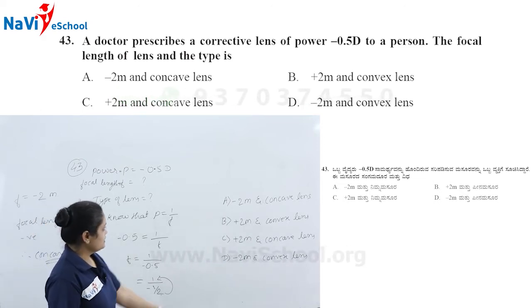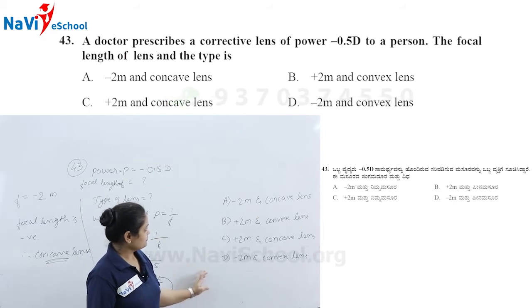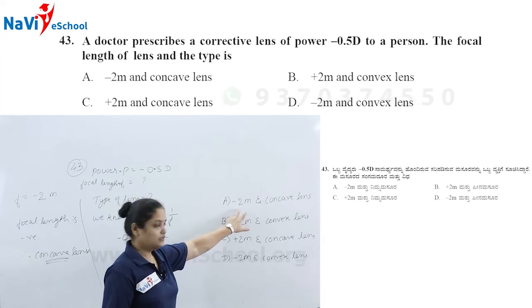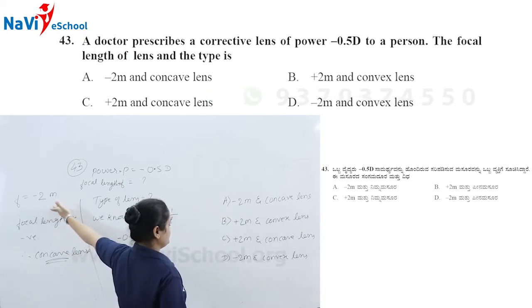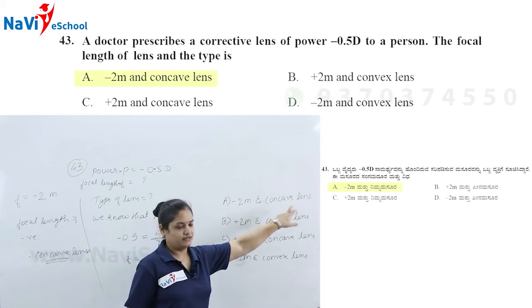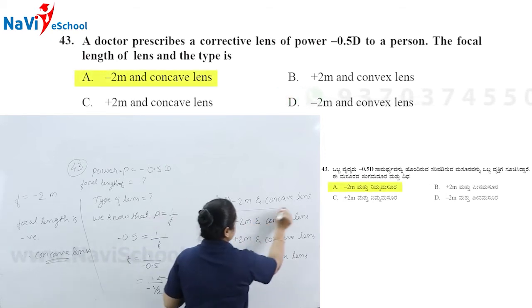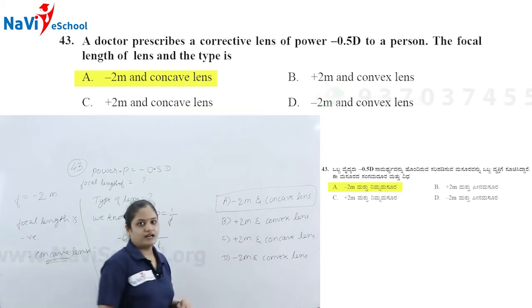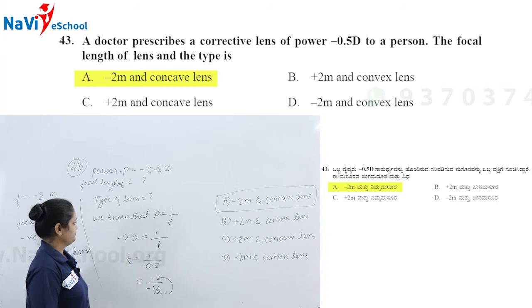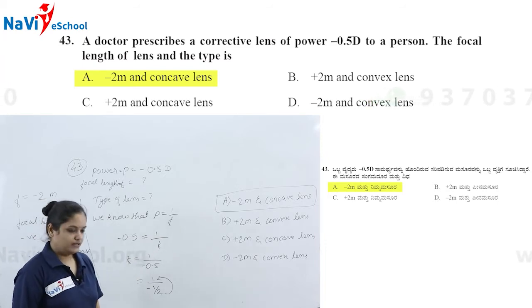So, here check the options. In the option A, it is having minus 2 m focal length. Yes, we have here minus 2 m focal length. And what about the lens? It is concave lens. Therefore, here option A is our answer. Got it how it came? Well, next,